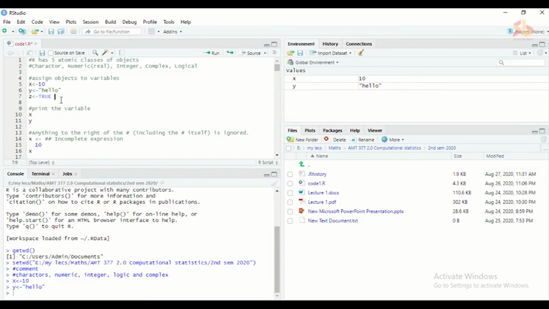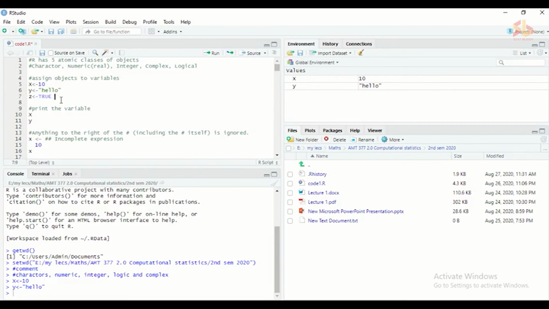To avoid some interaction between these codes, if you are using a large code with some interacted words, sometimes the outputs will be misleading. So do not use capital T and capital F for variable names, since capital T and capital F are treated as logical statements or logical conditions in R.